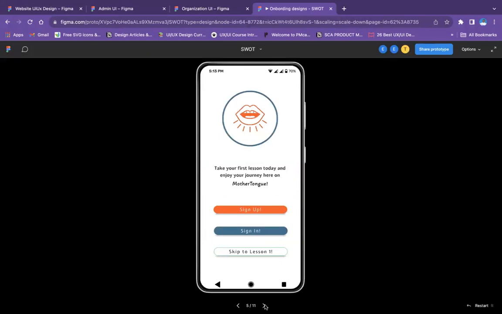Now I have an issue with your sign in button and your sign up button. Skip to lesson. Now the issue is that first your button is too small. Like I've said in class that